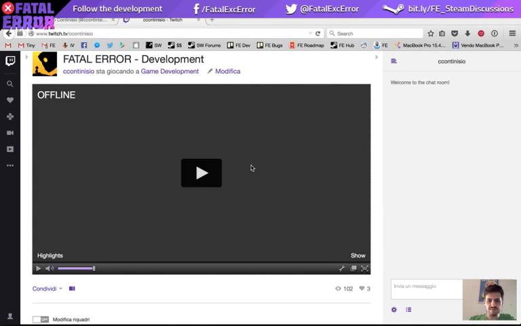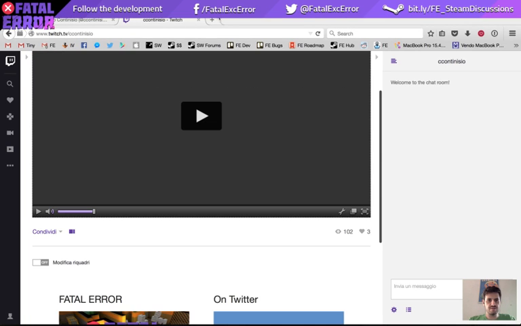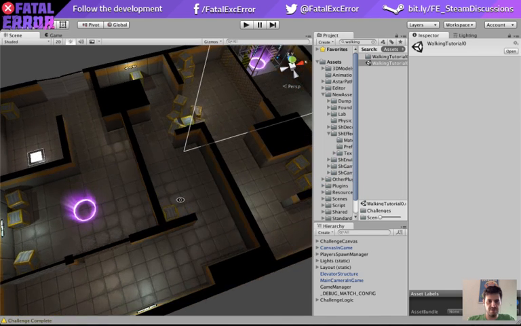I'm gonna stream a little bit of development on Fatal Error, which is this game. It's a multiplayer shooter, and we are currently in early access. The game is live on Steam, and with my friend we're trying to push an update every weekend. And today is Sunday, so I'm working on the challenges, which are gonna be